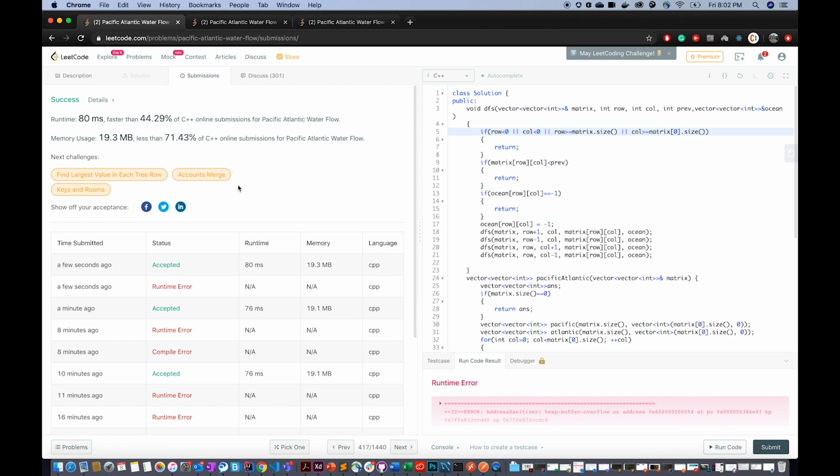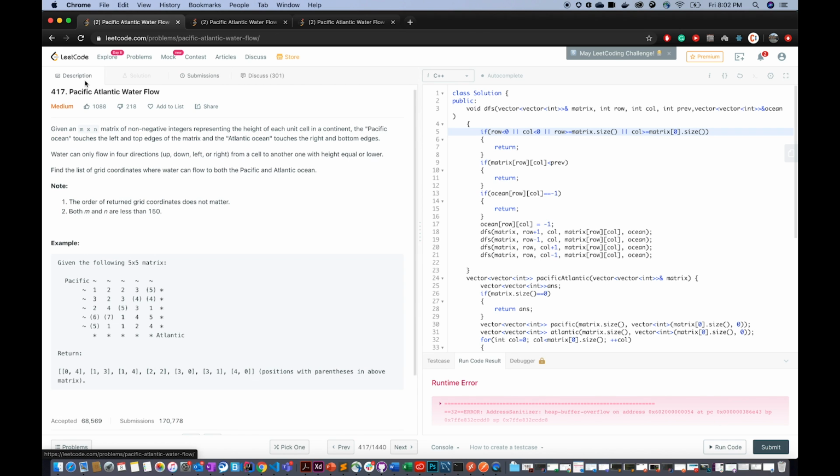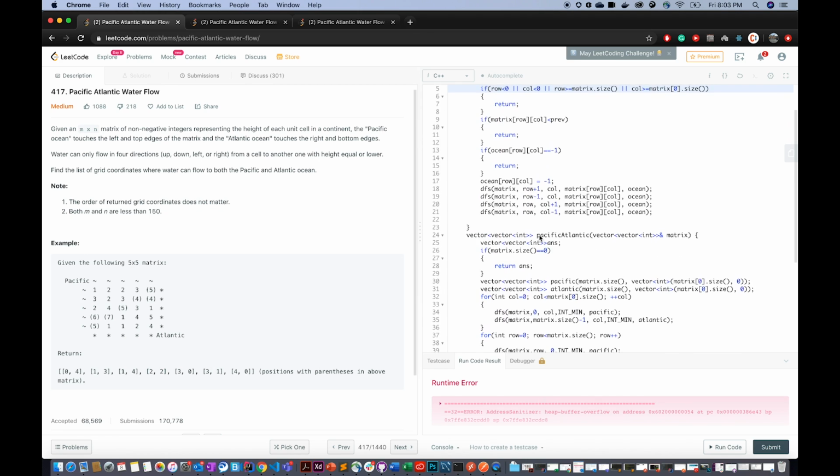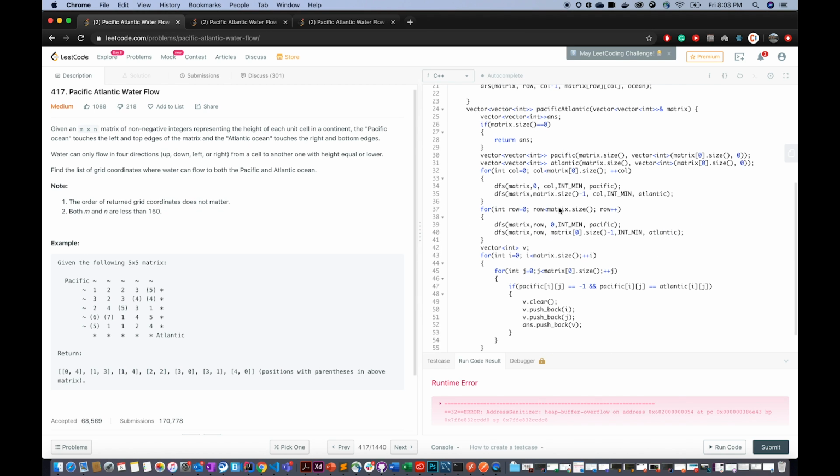Yeah, so I hope you like this code walkthrough, and once again I'll go through the explanation of the code. First of all, what we did was initialize an answer matrix, then we check if it's a valid matrix, and then we initialize two equal matrices, Pacific and Atlantic, with 0 values. And now we run a DFS call for the first row in the Pacific and for the last row in the Atlantic, and we check which cells are reachable directly from this. And then we run a DFS call for the first column and the last column for Pacific and Atlantic respectively.